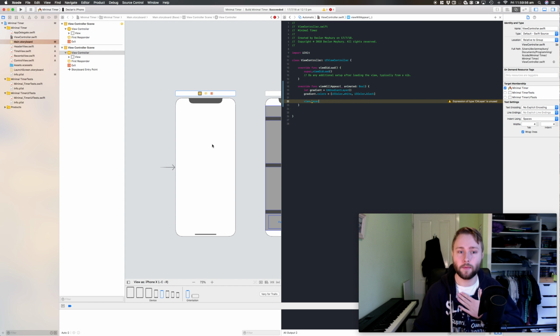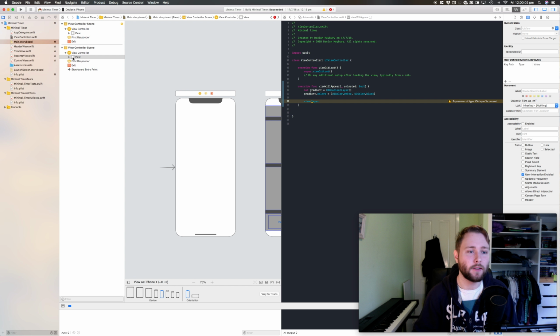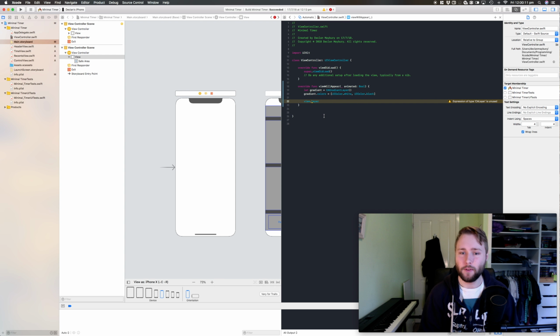Excuse me, sorry, my throat's not sounding so good today. Yeah, the view is this white area here, and you can see there it is. It's called view, which is nice. I could name that anything I want, but by default it's called view, and I think that's a pretty good name. So view.layer, this is the layer of it, and I'm going to add a sublayer, and that sublayer is